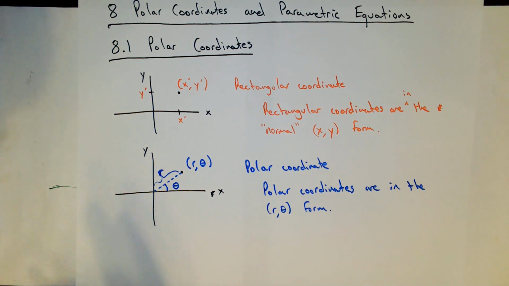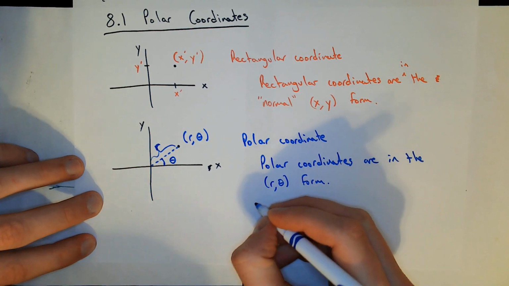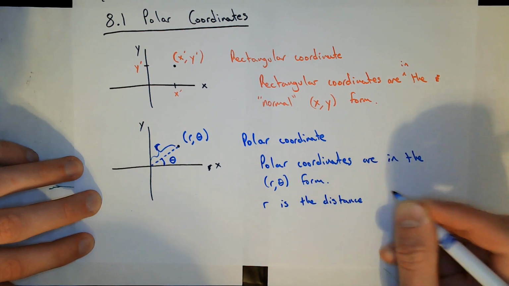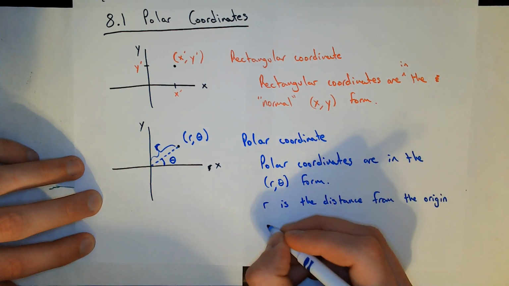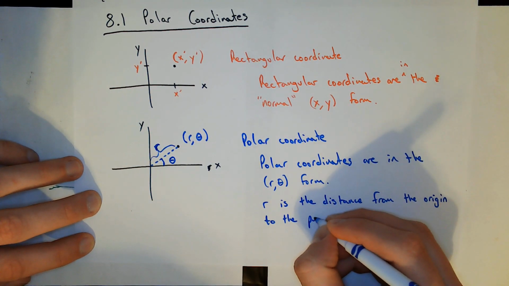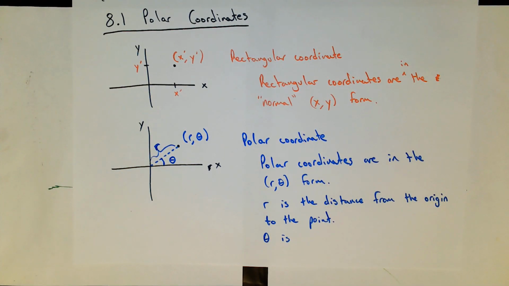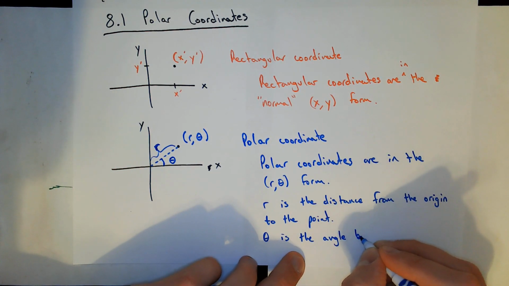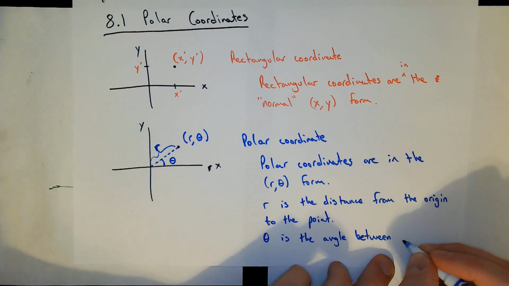Okay, that's the setup. Let me be explicit about this r and theta, though. r is the distance from the origin to the point, the straight line distance from origin to the point. Theta is the angle between the positive x-axis,